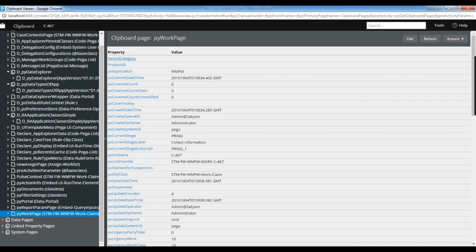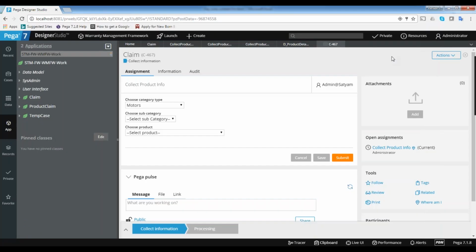You can see the value is not setting, but within the browser it's not setting in the memory. It will set the value in the memory only when you refresh the section. If you don't refresh, it is treated as a browser action. Whatever action you are doing here is a browser action, and when you do some action on the browser, it won't reflect in the memory. It won't store somewhere else.